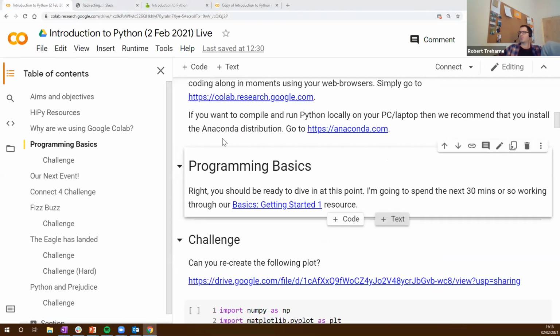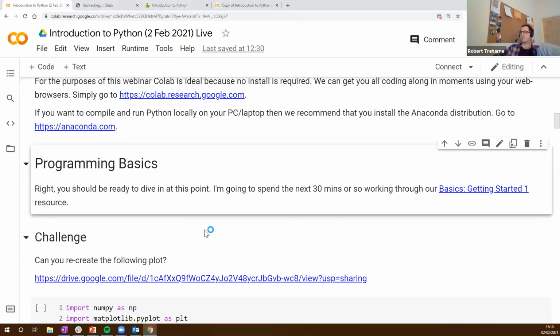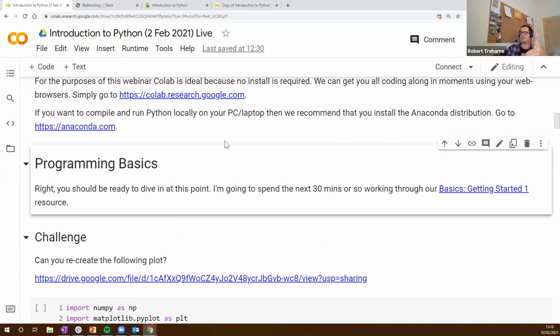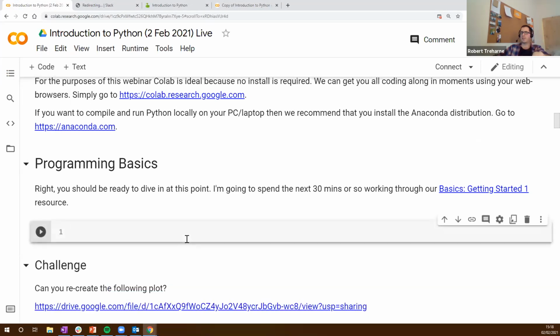The good thing about Jupyter Notebook, I'm going to get rid of my table of contents to begin with, just so you can see it a bit more on the screen. Each one of these is a cell, and I've got a couple of options. This is a text cell here, and I've got a code cell. If I click the plus code button, which I urge you to do, you'll be able to put in something that you can start typing into. If you haven't done so already, you'll have to go to File, Save Copy in your drive,